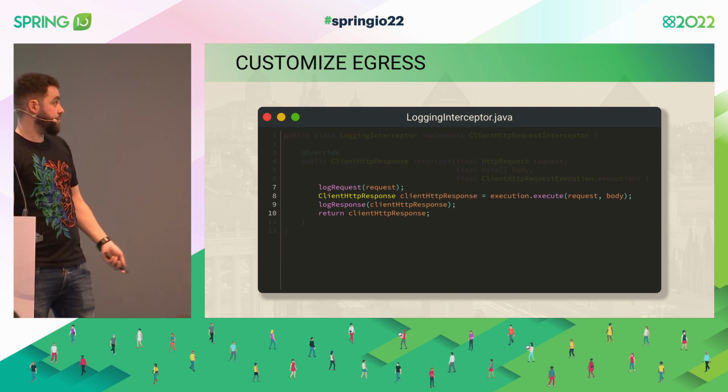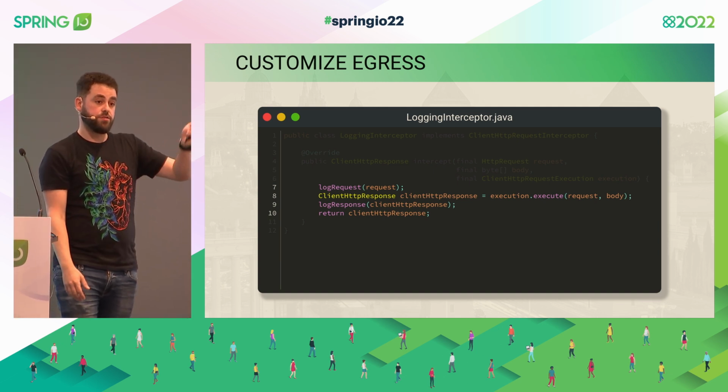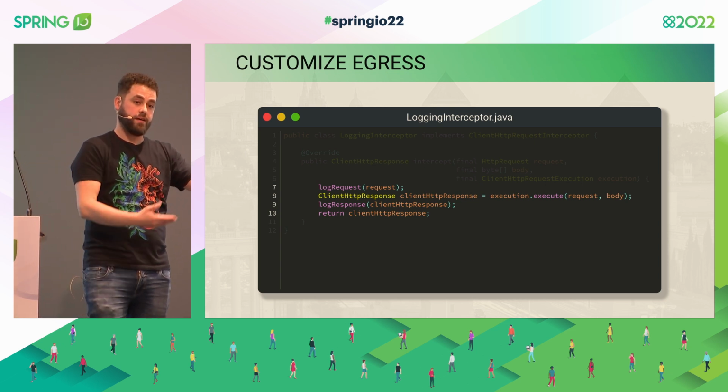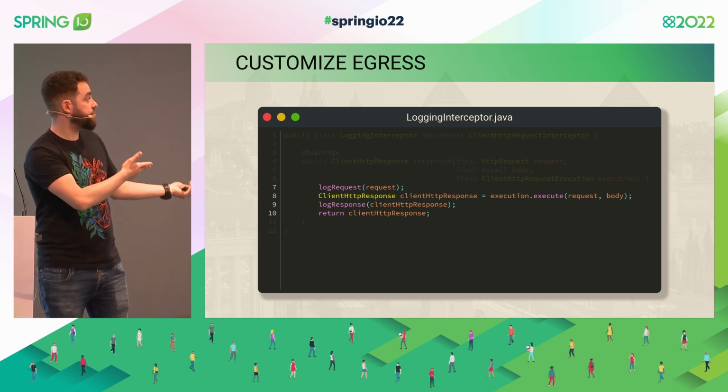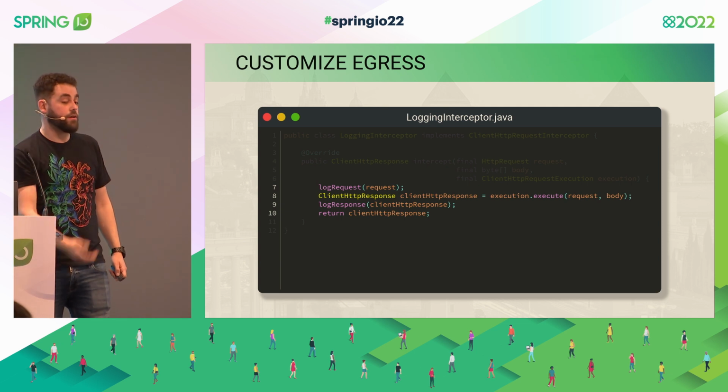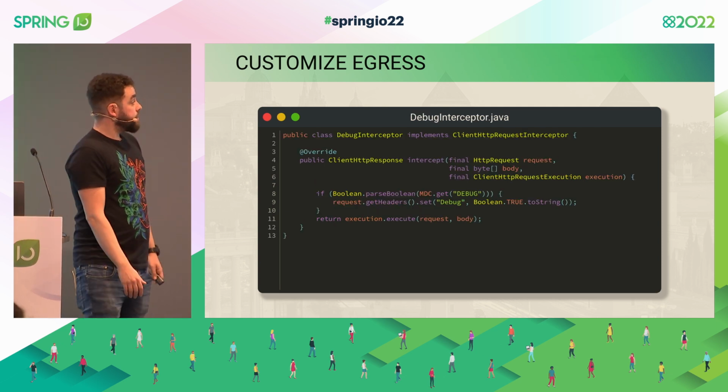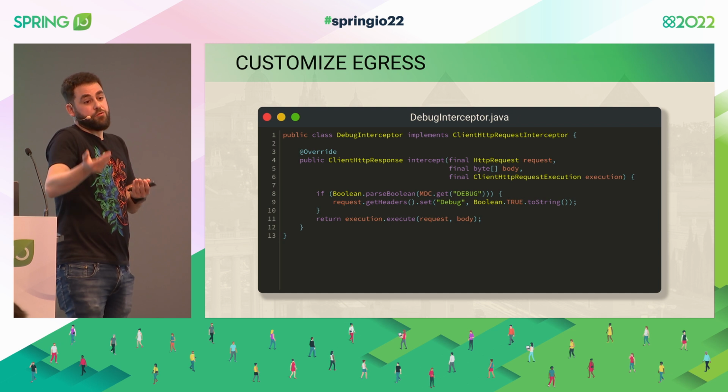And we can do the same as before. We just log the request, carry on with the execution. So more interceptors, ultimately, it executes the I/O call. And after that, the response is available, and we can just log it also. And we can read the data that our filters are putting in.